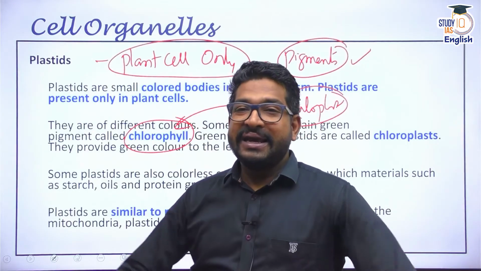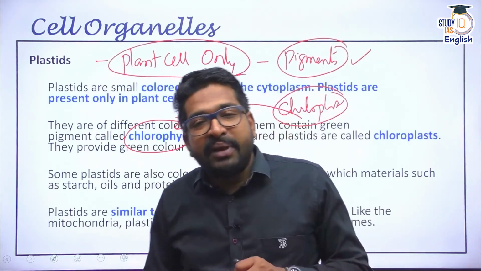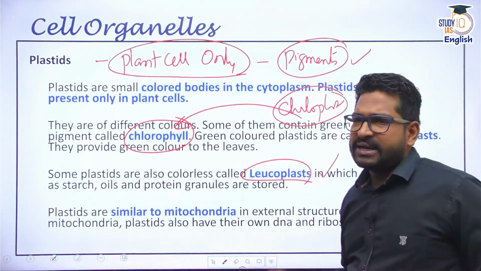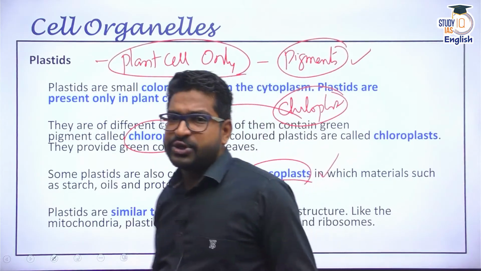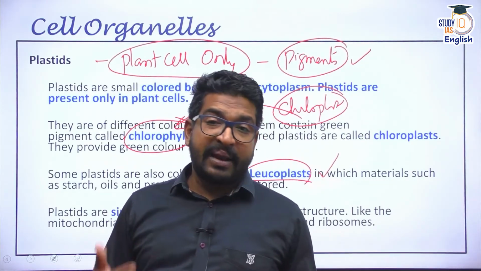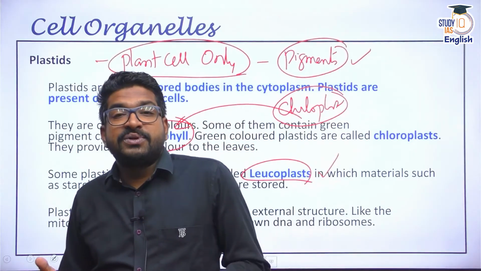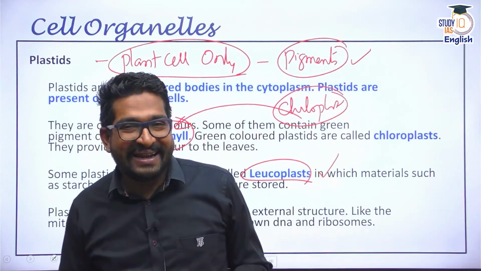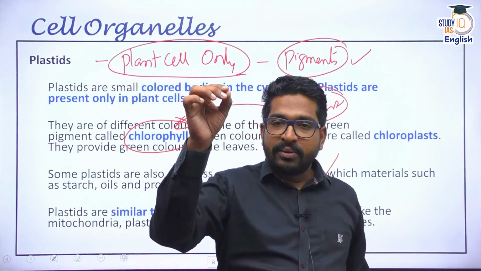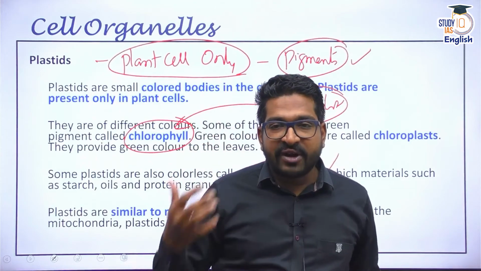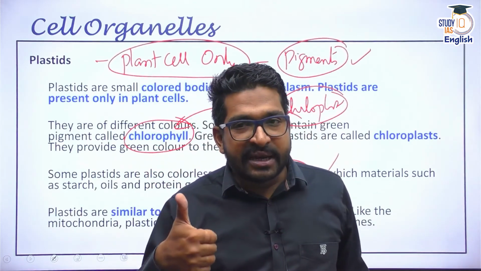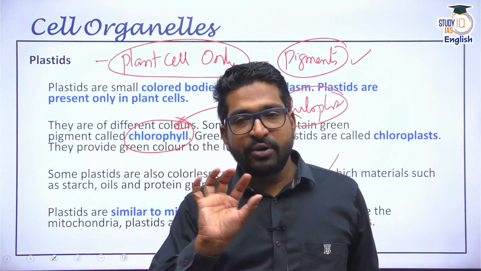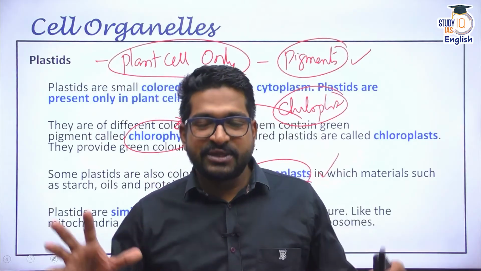And please remember, in plants, it's not just chloroplast. There are many other plastids like leucoplasts, amyloplasts, etc., which have specific functions. In fact, it is said that for plants, plastid performs a job of mitochondria because they produce energy. Photosynthesis takes place there, right? So plastids are specific to plant cells. In this interaction, what we have understood is that cell wall is not present in animals, and plastids are not present in animal cells. That's what we have established.